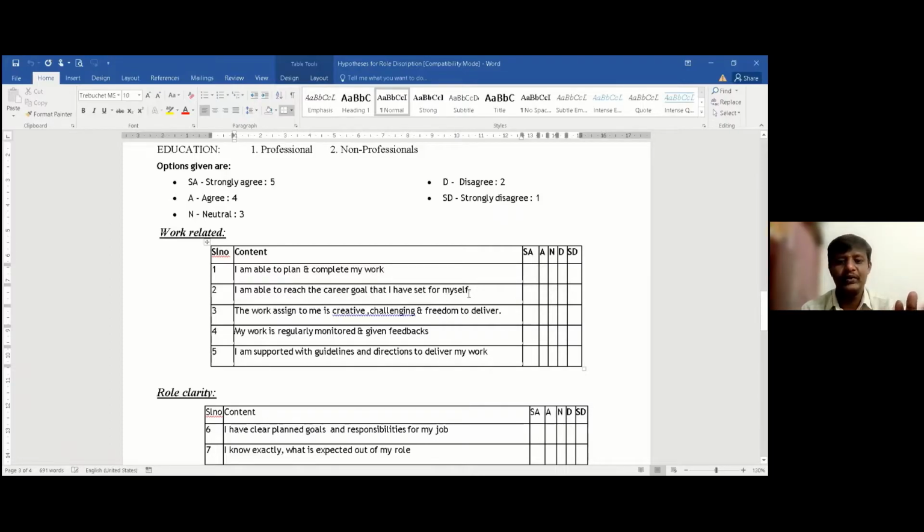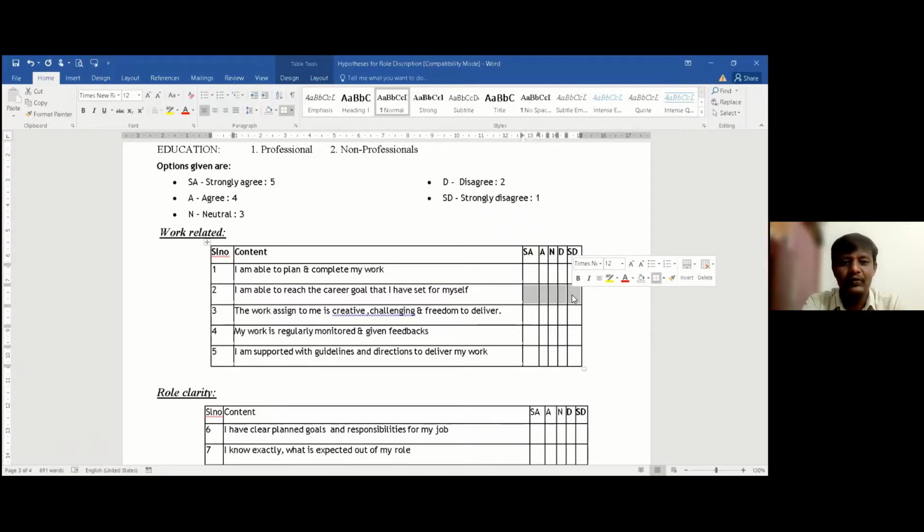What I'm trying to understand is whether the opinion for this particular statement is below average, above average, or equal to average. I want to know how the respondents have responded: is their response above average, below average, or equal to average?